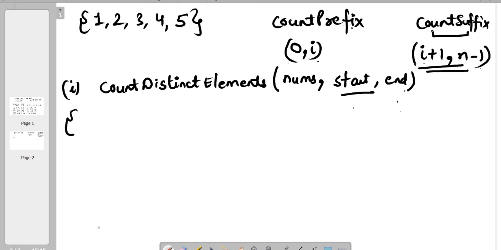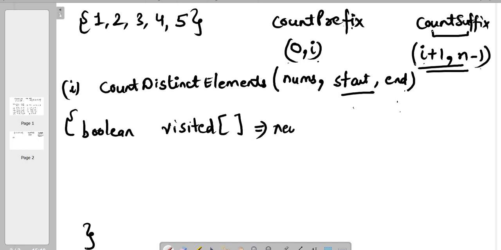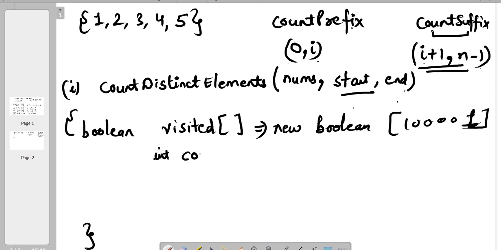So in this particular function, firstly, we need to know whether we have already visited an element, because that means the element is a duplicate, right? For that we are going to take one array named visited. We will set each element as true if it is already visited, correct? We'll take its length as some assumed size, so that there won't be more than that many elements. And to find the count of prefix and suffix, we are going to take one variable called count. We will initialize it at 0 and then we will be running the loop.